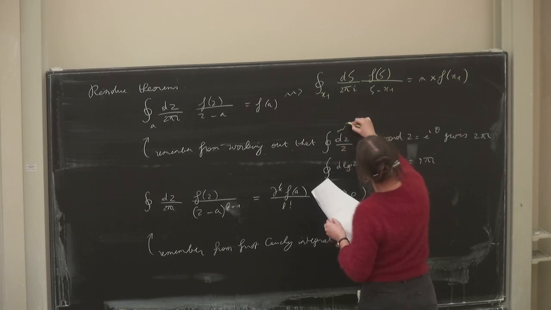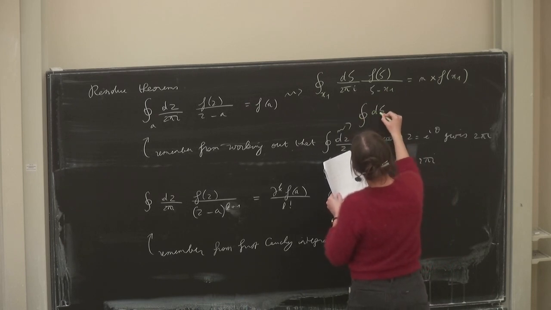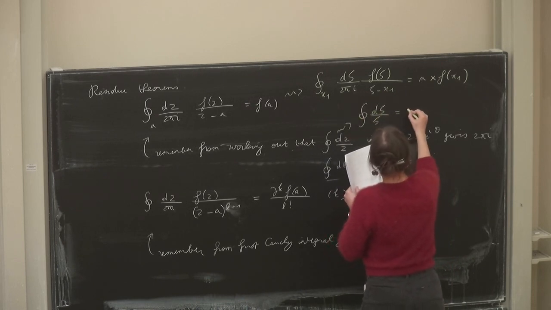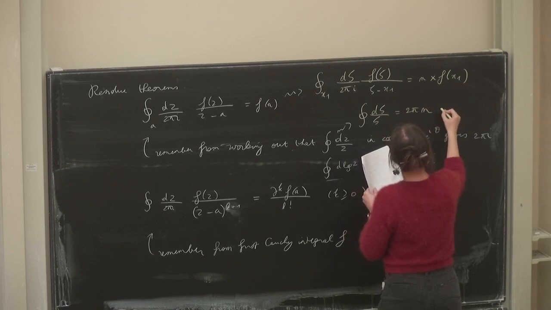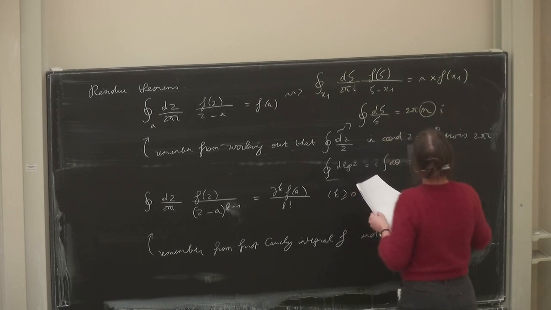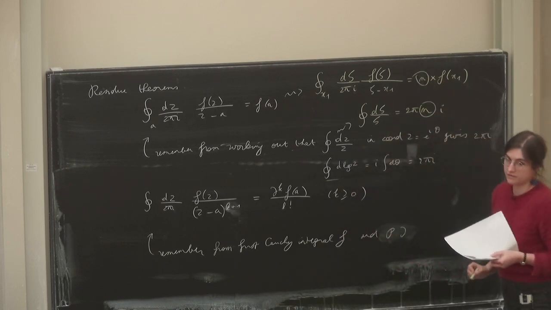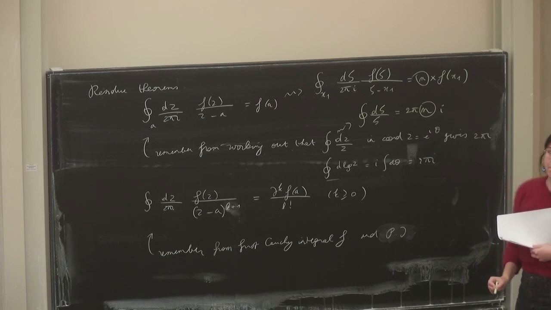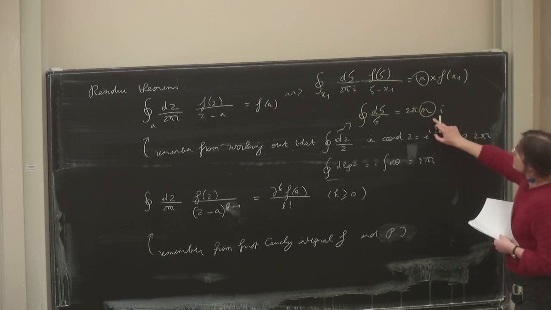Because this argument would tell you that d zeta over zeta is 2 pi n i. So there's an extra factor of n